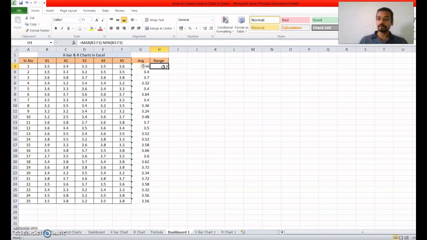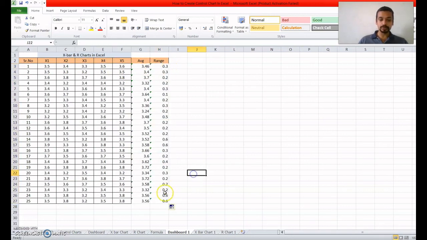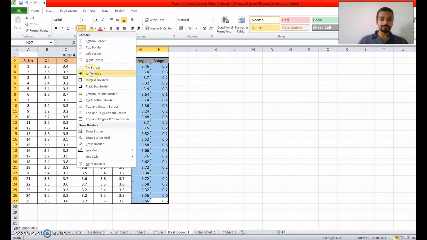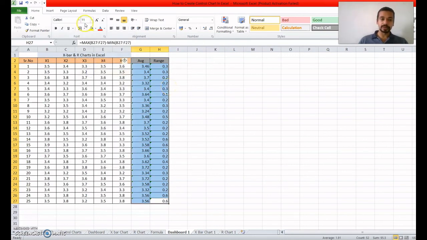So we get the range. It's the maximum minus the minimum value from this row. We also drag this down so we can get the range as well. So this is our basic data to calculate the X bar and R chart.